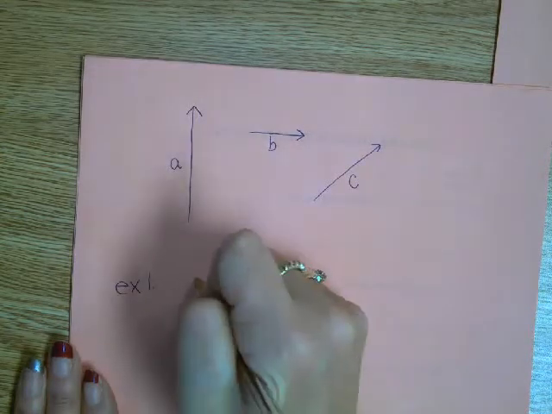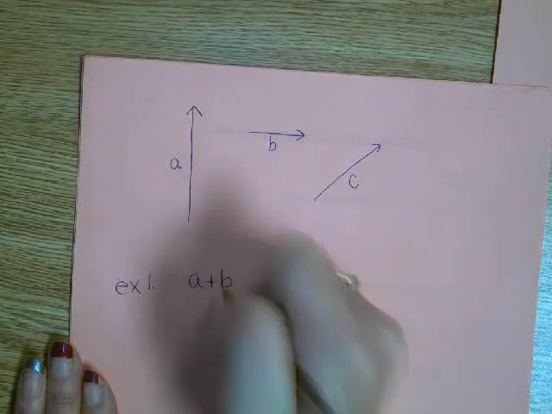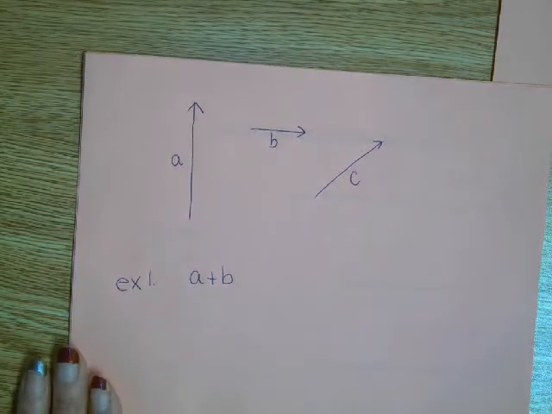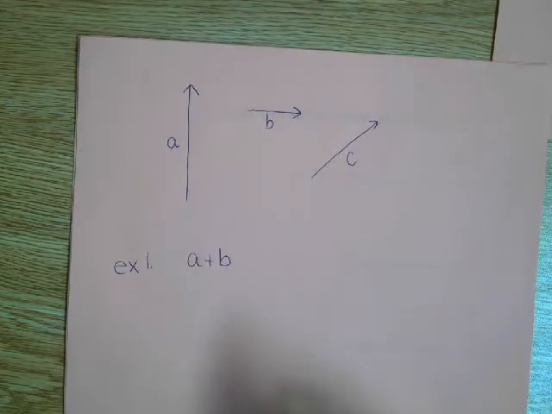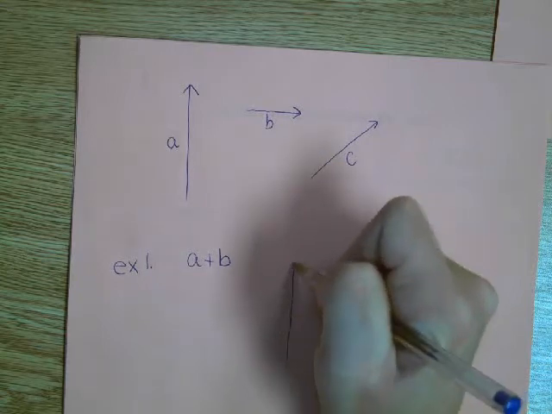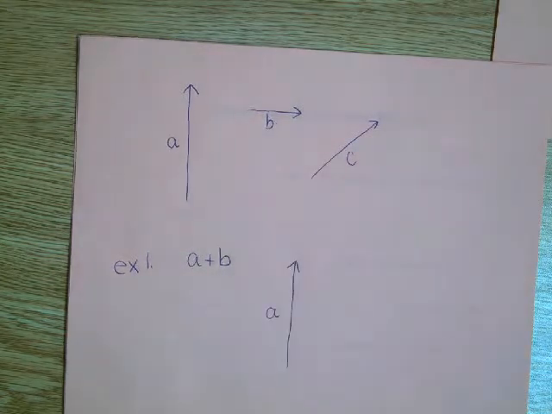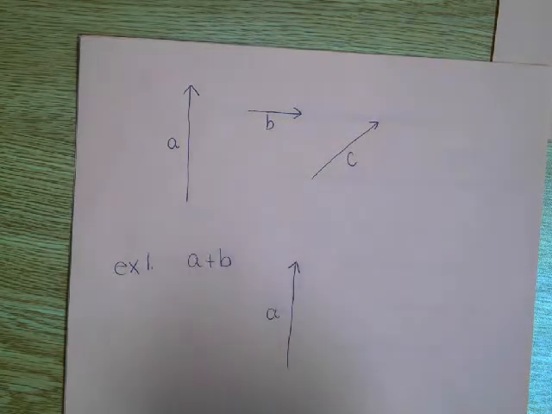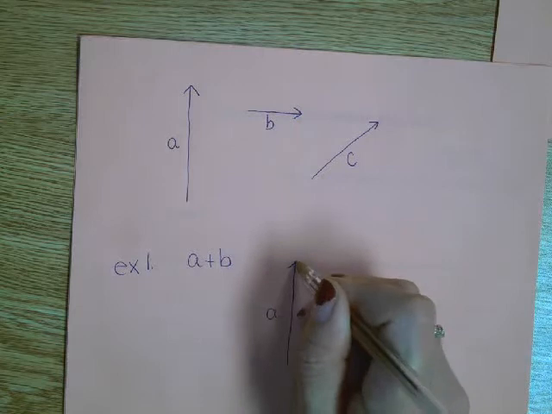Let's draw vector A plus B. So like I said, when you show two vectors, they have to be added head to tail. So we draw vector A first, which is due north. So I'm just trying to copy that vector. When I add vector B on, it has to be added head, meaning arrowhead, the arrowhead of the first one to the tail of the second one, so head to tail. So the tail of B